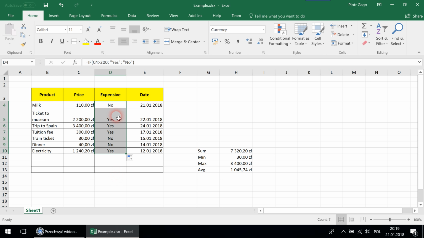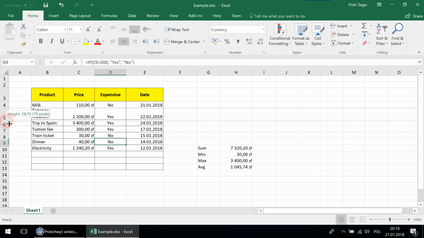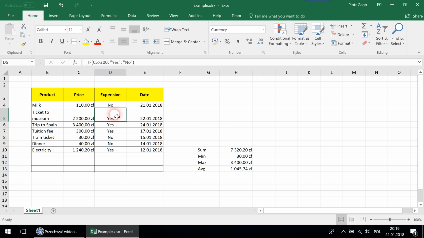Now we see that I got different values. Let's check the expression in those cells. We see that in D5, my expression is almost the same, but C4 was changed to C5. In the next one, C5 was changed to C6, and so on. We see that Excel intelligently copied this expression and incremented the value of my cell by 1. So each of those expressions corresponds to the proper cell. So we see that those values which are higher than 200 have the word yes, the ones that are low have the word no. And if I change it,